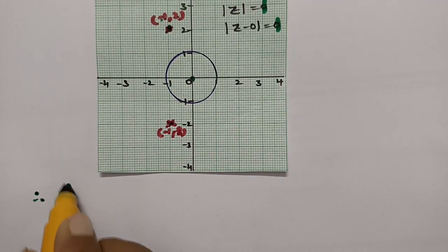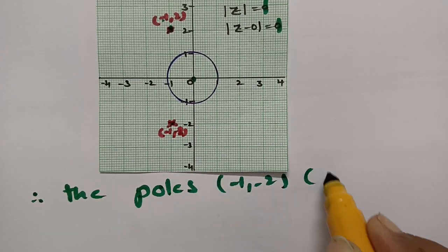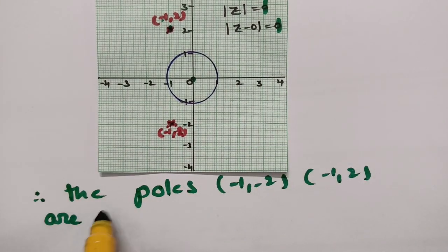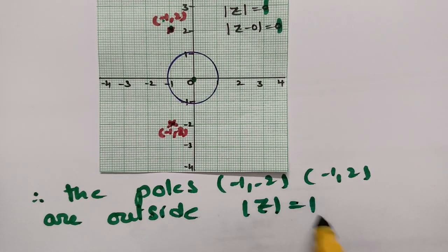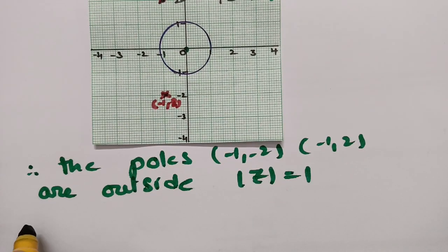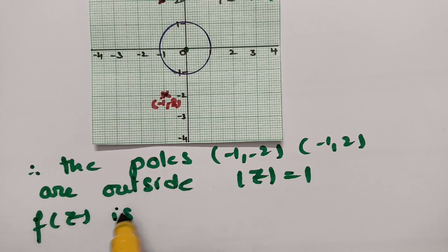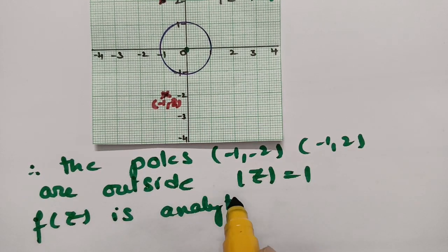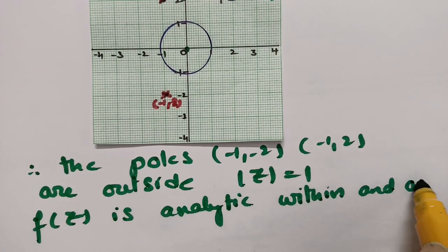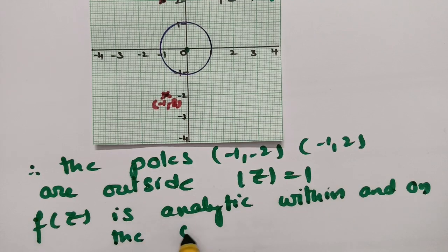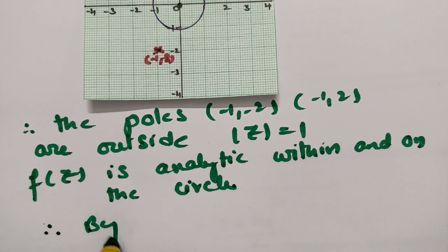Therefore the poles, that is minus 1 minus 2i and minus 1 plus 2i, are outside the given circle mod z equal to 1. Hence f of z is analytic within and on the circle. So here they are outside the circle. Hence by Cauchy's theorem,